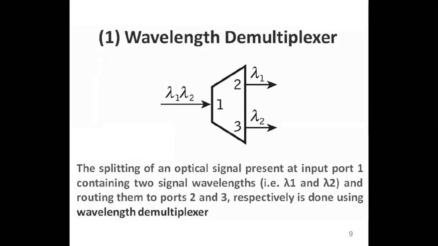So that is what is happening there. And then the next job will be to route them towards their particular receivers. So here you should note that the input signal comprising of lambda 1, lambda 2 is occupying more bandwidth because the data is from two users, lambda 1 and lambda 2, whereas the output signal is separate, lambda 1 and lambda 2, which is occupying lesser bandwidth.